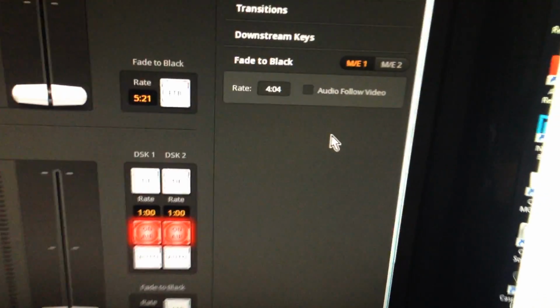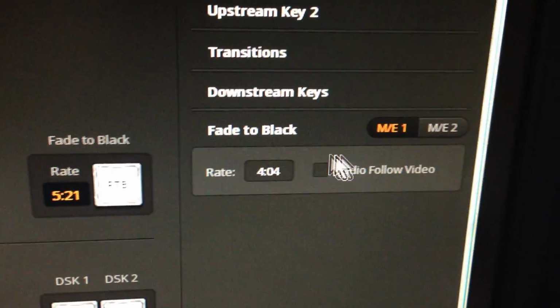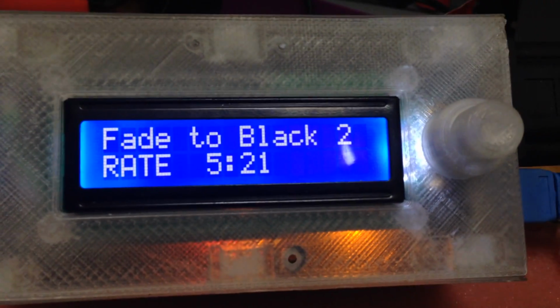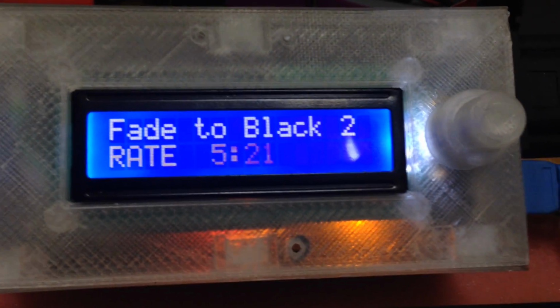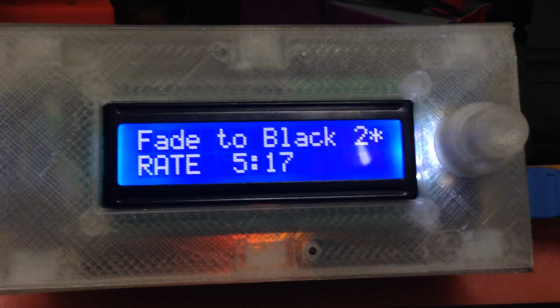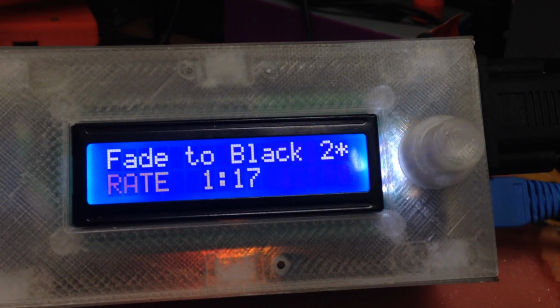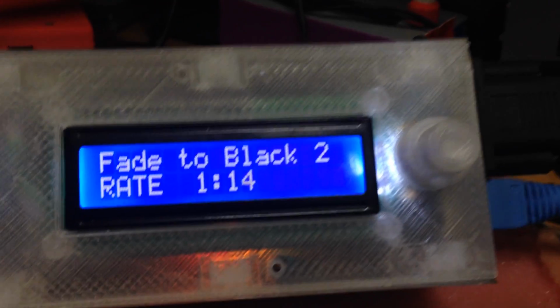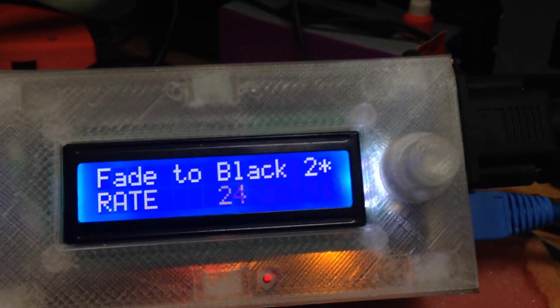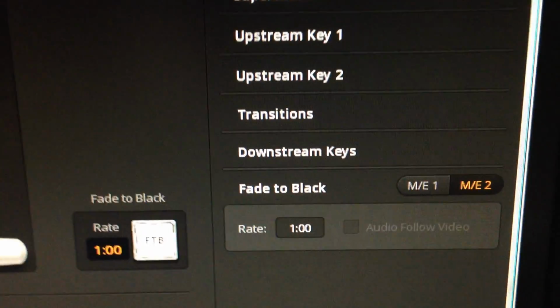It doesn't exist on ME2, so we only have this audio follow video on ME1. So subsequently, as we go through the sub-menu items here, the next sub-menu item is ME2 rate, but there's no more after that. So that's all you get. 3 sub-menu items under fade to black. I'm just going to wind that down a bit. Let's make it about 1 second maybe, and that's fade to black too. You'll see over here, there it is there, just up and down. So that's just very quickly what the fade to blacks do on the